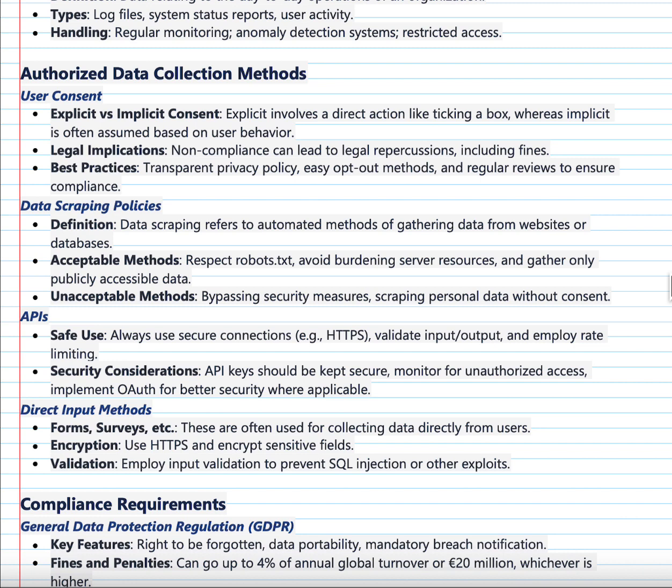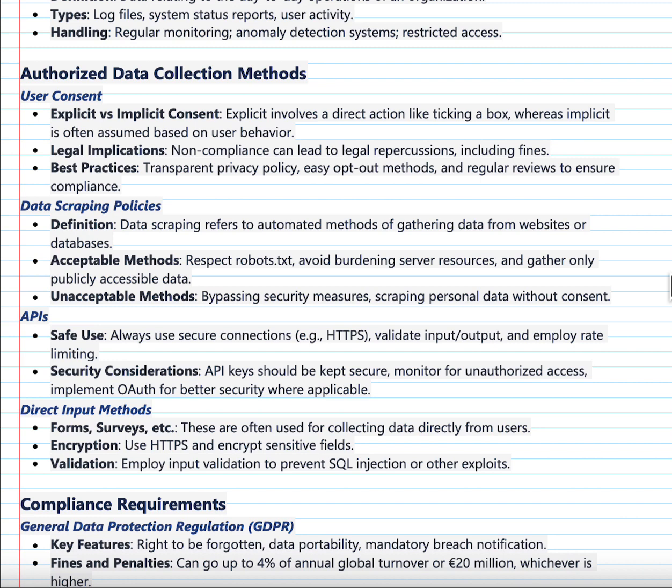That comes down to your privacy policies, opt-out methods, and regular reviews to ensure compliance of all of these aspects. You need to do that, one, as a security professional, and two, as a business owner. It's imperative. Just because things happen, right? I've made mistakes and people have said something and you fix it. But you want to make sure that you're transparent to everything that you do, no matter what, as it relates